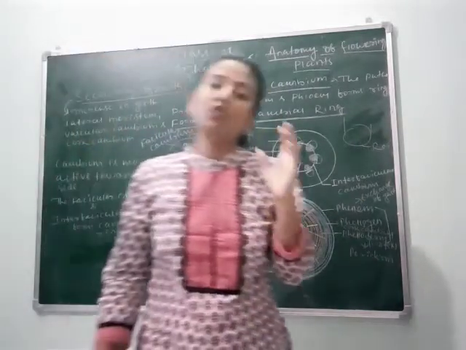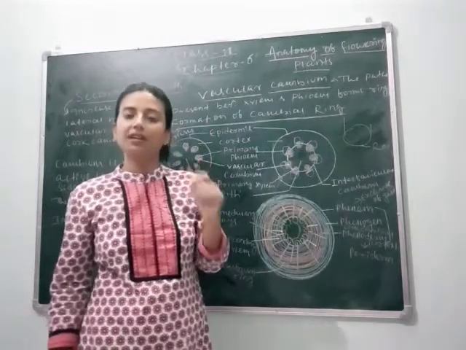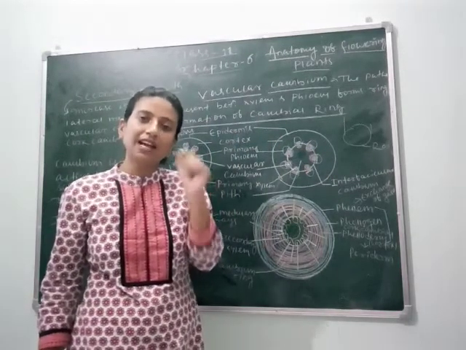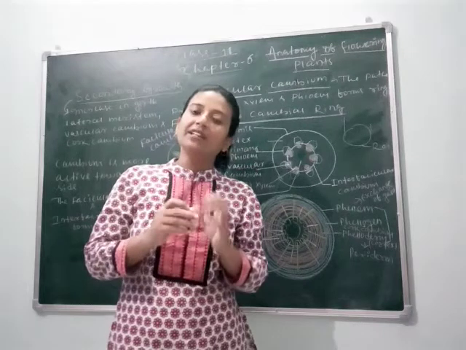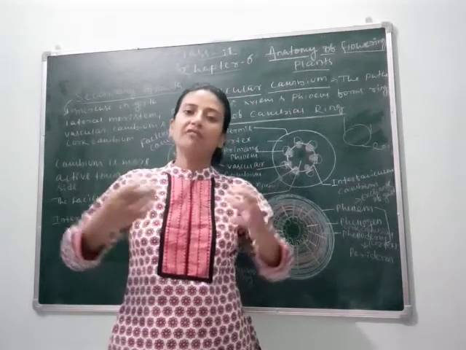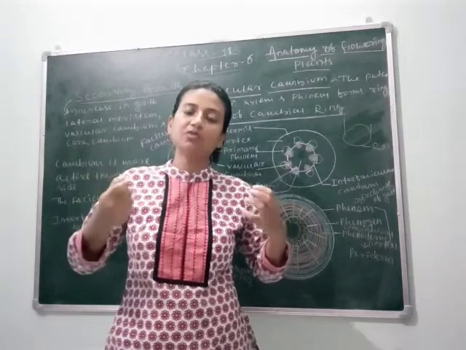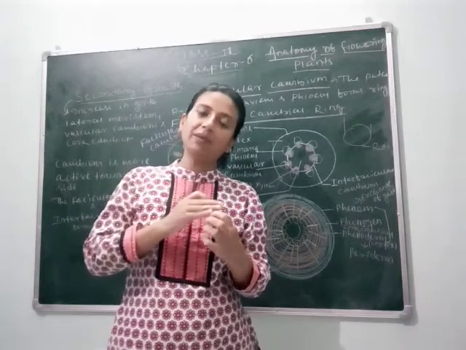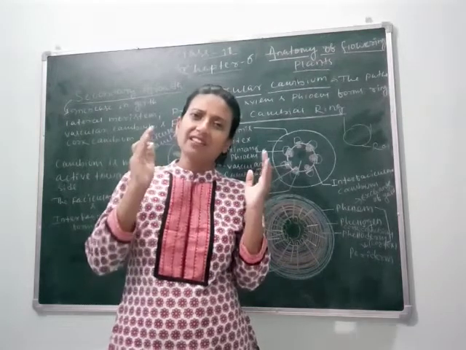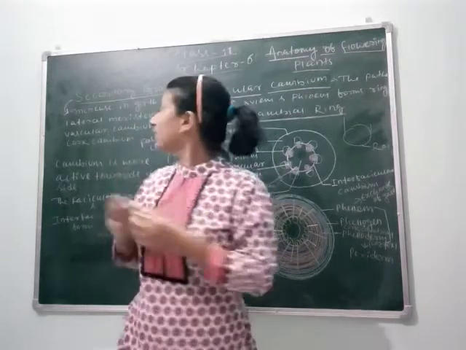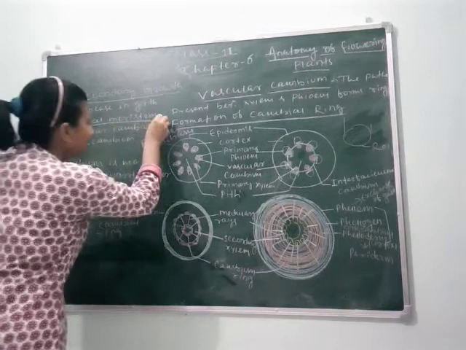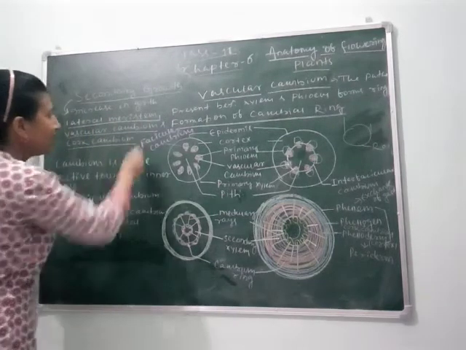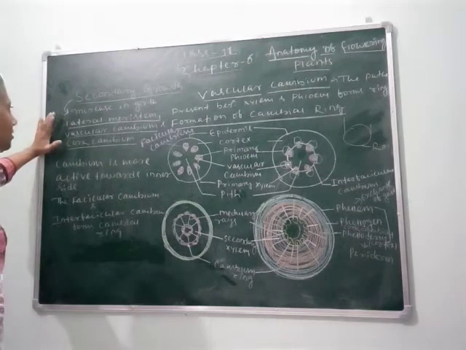As we know, in monocots no secondary growth occurs, and in dicots secondary growth occurs. During secondary growth, formation of a cambial ring occurs, which gives mechanical strength to the plant. If we cut a dicot plant and a monocot plant, we can see several differences. In secondary growth we will study today the lateral meristem, vascular cambium and cork cambium, which grow or increase in girth, meaning they show secondary growth.